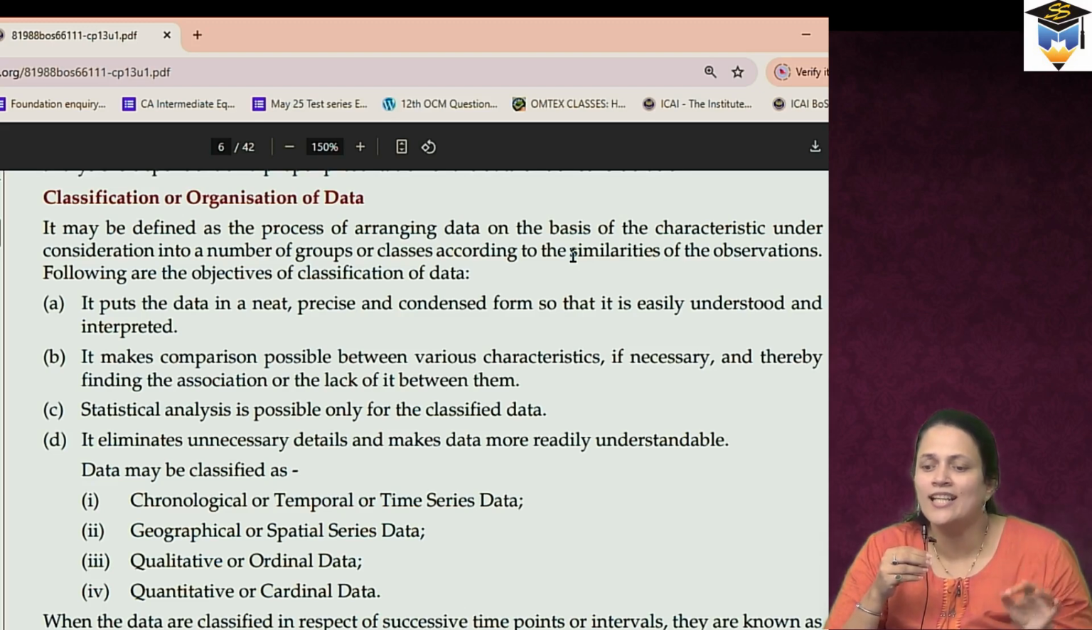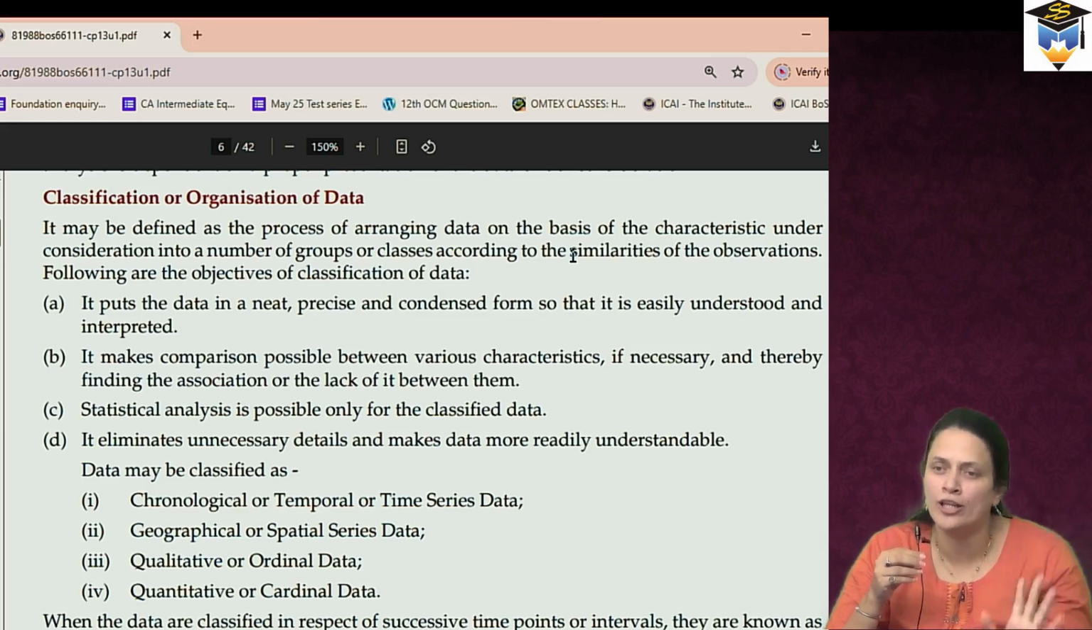It puts the data in a neat, precise and condensed form so that it is easily understood. Now this neat, precise, condensed form can be a tabular form,